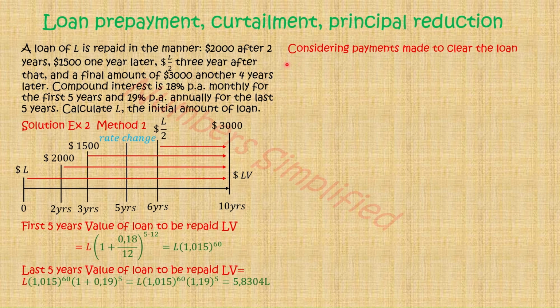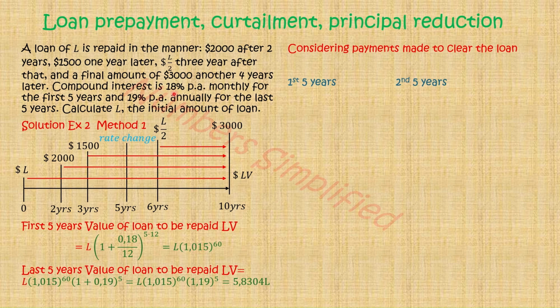Now, considering the payments made to clear the loan, we are going to use the same approach. We have the value of the loan after 10 years that we obtained. Now we consider the first 5 years. Considering the first payment was made in the first 5 years, the interest rate that is going to be used for the first payment within the first 5 years is